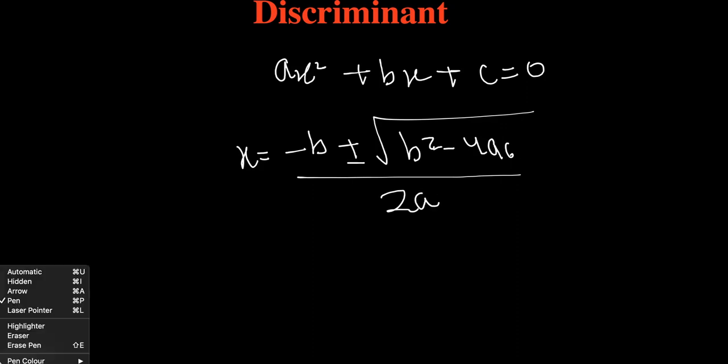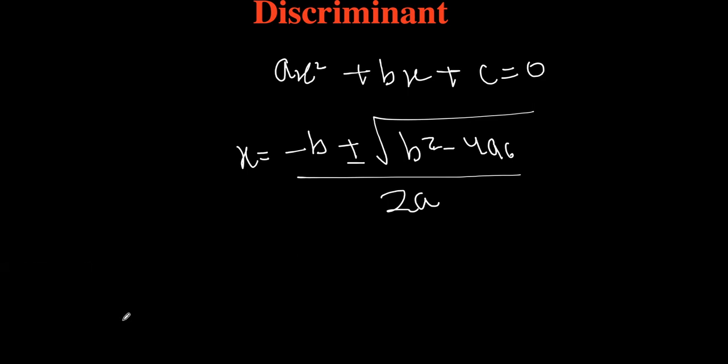Now if you solve any quadratic equation, suppose I have one quadratic equation and I'm getting the value of x equal to 1 and x equal to minus 3. Then you have another quadratic equation, you are getting x equal to 2, and again the second root is also 2. And if you have a third quadratic equation and you are not getting any value using the calculator, it is showing you a syntax error.